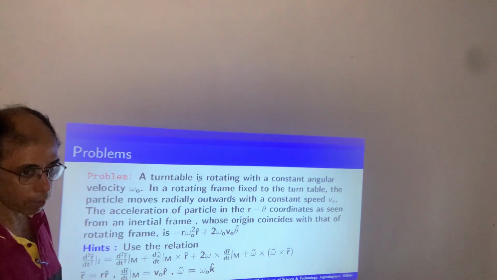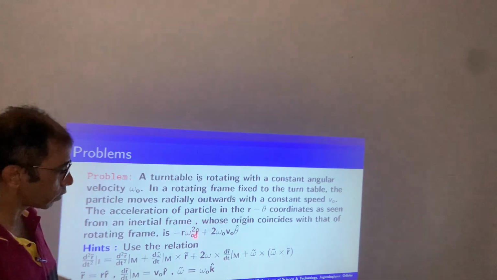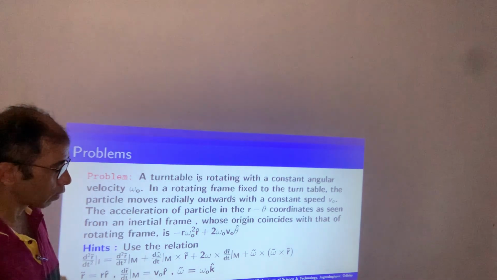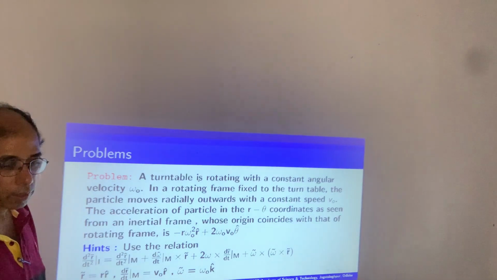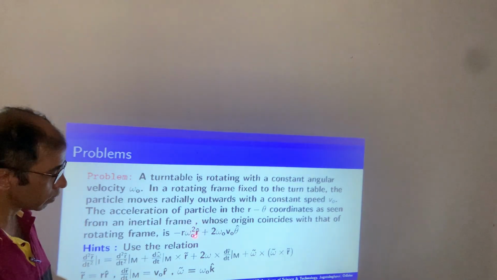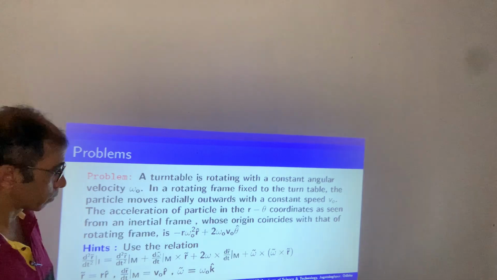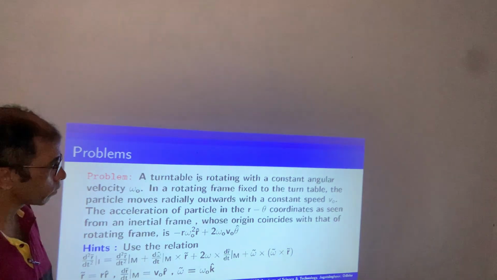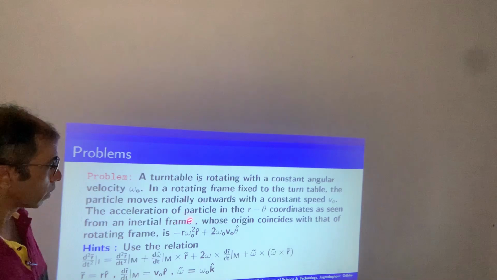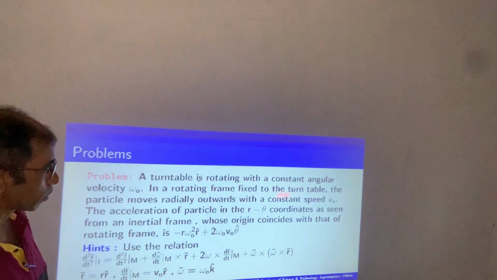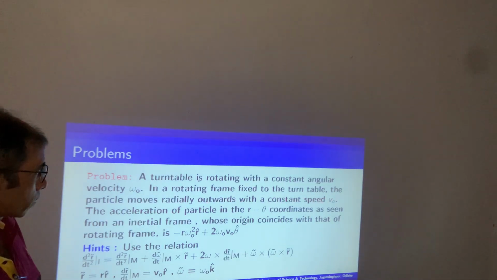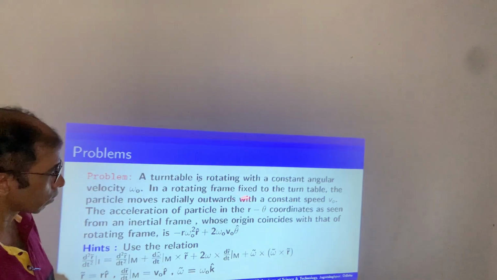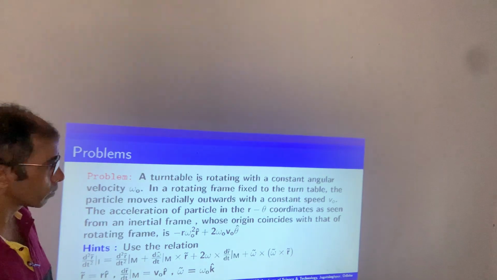So r cap and theta cap have the usual notation. r cap is a unit vector in the direction of r, the radius vector, and theta cap is the unit vector in the direction where theta changes. So what we have to find out, here is a turntable that is rotating, and in the rotating turntable what we see is the constant speed v0 along the radius, radially outwards. So this is a rotating frame,